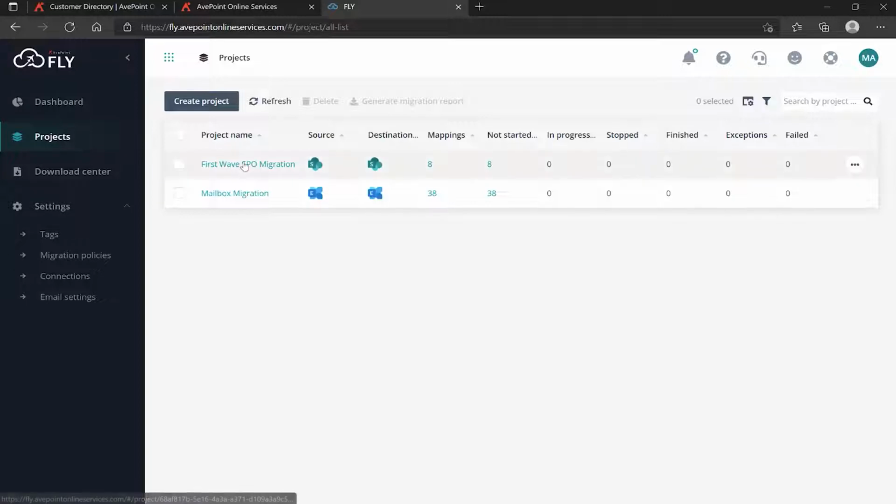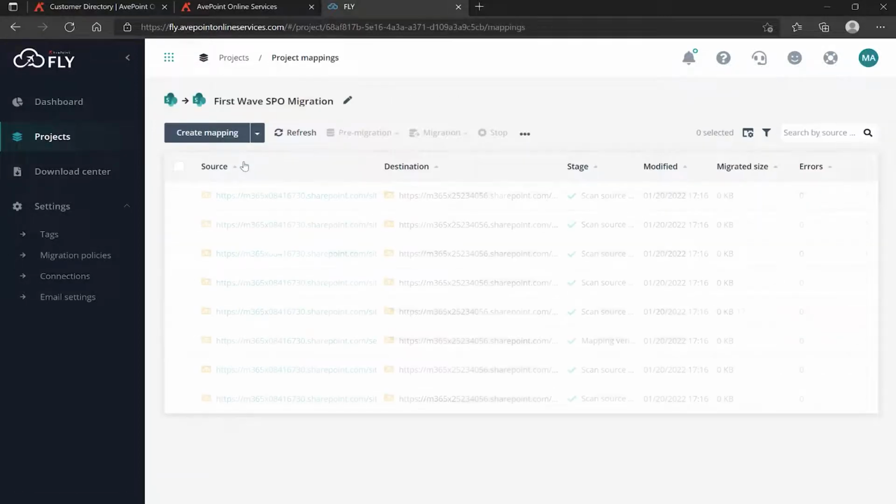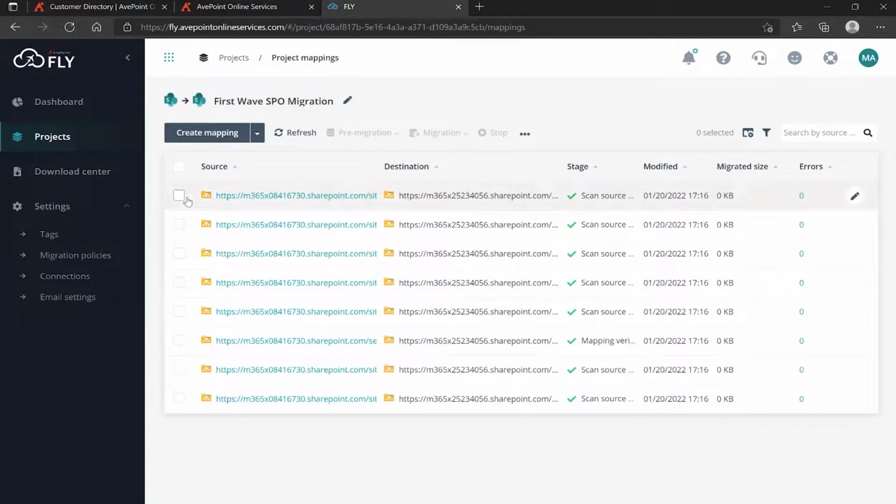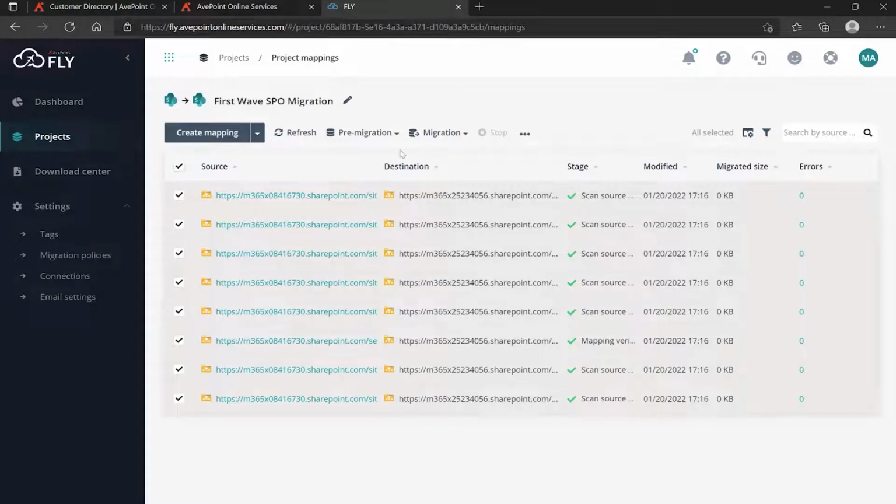To do that, you can go into a project, select one or more mappings, and up at the top, from pre-migration, you can verify the mapping, which makes sure that we can communicate with both the source and the destination, and you can click Scan Source Data. Now, the Scan Source Data takes a little bit longer than the Verify mapping, but then it provides you information